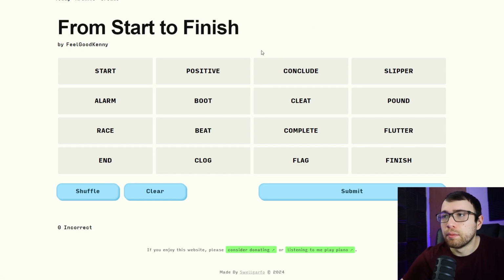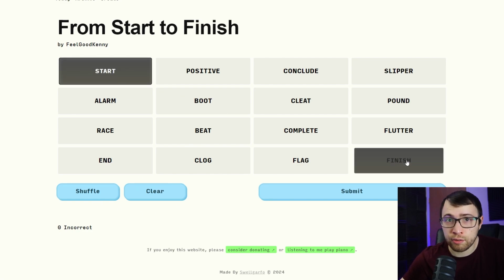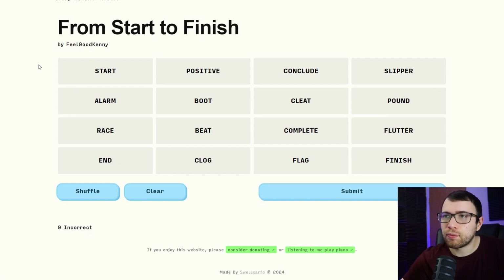It asked you to come up with a name, and I named it From Start to Finish because two of the words on here are start and finish. And I didn't get to choose where it put the words. I basically just shuffled it a bunch of times until start was the first word and finish was the last word. By the way, I didn't really do a lot of overlapping or trickery on this one. But in the future, when I make more puzzles, I will try to make them a little more complicated and tricky, to where maybe there are 5 or 6 words that might fit into a category, but really they go into other categories. I definitely want to make them as challenging as possible.